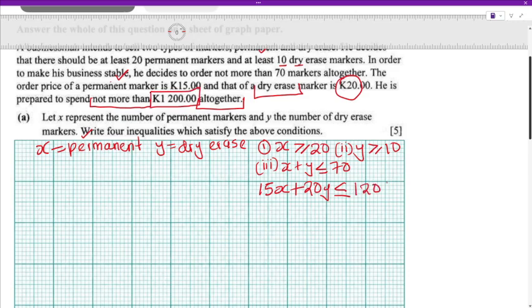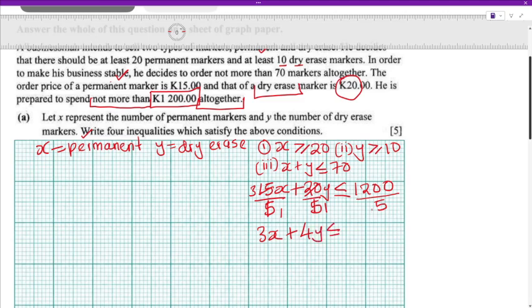1,200. Okay, now you notice you can actually reduce these values. So we are going to divide throughout by 5. So 5 into 15, 5 into 20. You need to use a common factor of all these three values, so that you can reduce these values. So 5 into 15 is 3, so you're going to have 3x plus 5 into 20 is 4, so you're going to have 4y